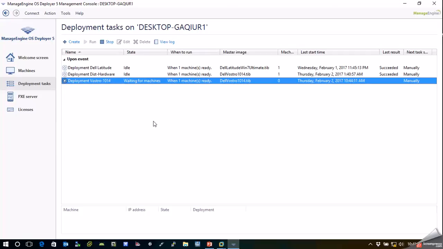Suppose this is the client PC, and we are having an issue that we need to reinstall Windows. So what we're going to do, we're going to boot into the PXE environment. I'm selecting PXE as the first boot priority, so it will get the IP address eventually. It got it,